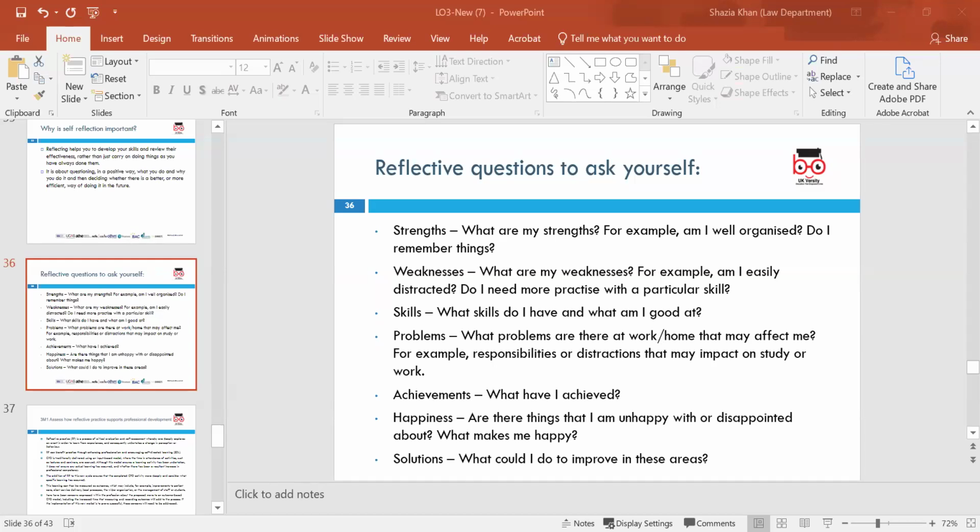My weakness is I don't say no. That's my problem. I take on more work and then I complain to myself. I'm sitting down complaining to myself, why am I doing this? Why am I doing this? But I can't say no.